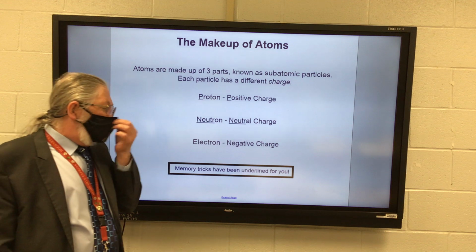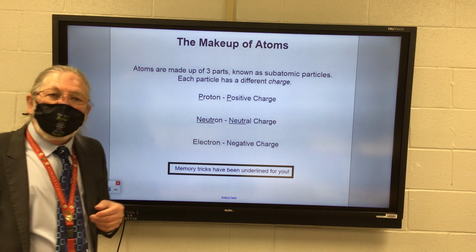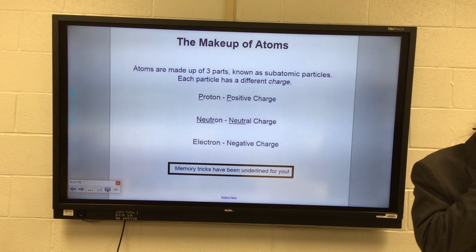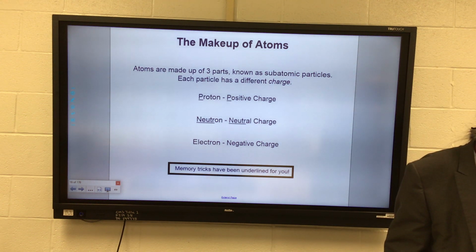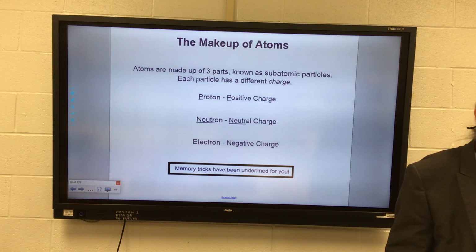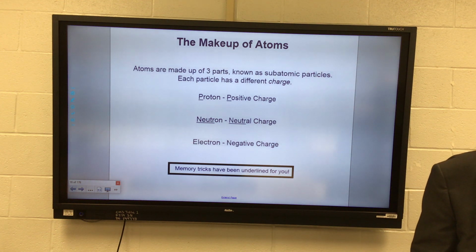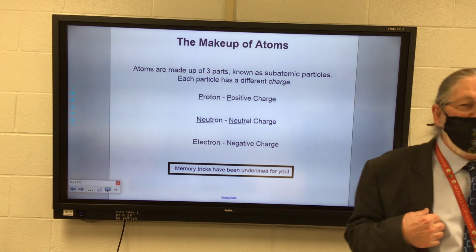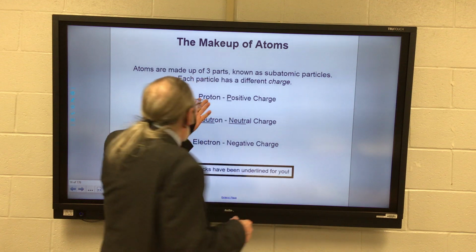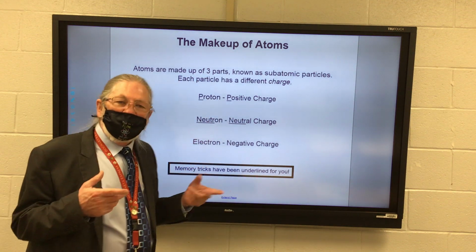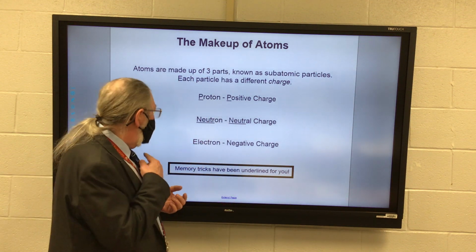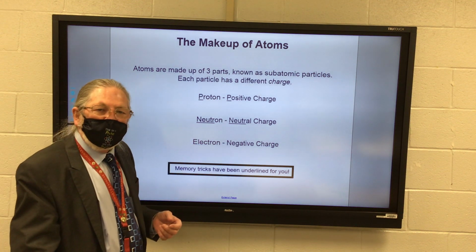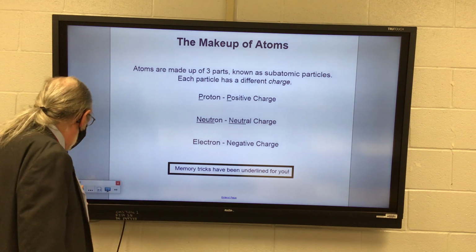So I always think P, positive. Matter of fact, if you look at Mr. Hughes's mask here, it says, stay positive, think like a proton. Have you seen that on my mask? Yes. Okay, so protons are positive, and that's how Mr. Hughes is thinking right now. I think Mr. Hughes is thinking positive. Neutrons are neutral charges, and electrons are negative charges, and we'll talk more about them here.